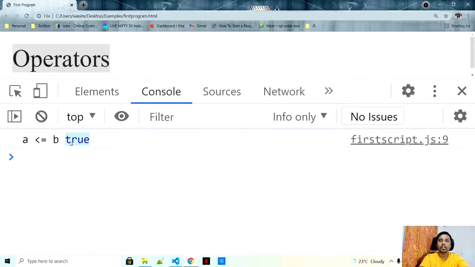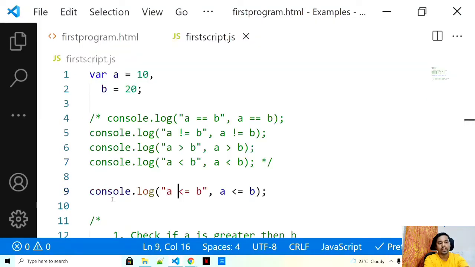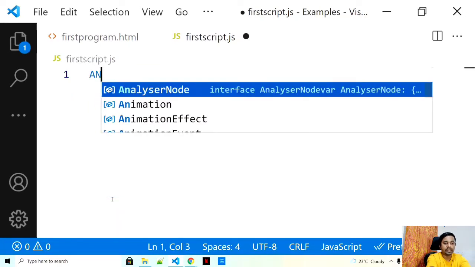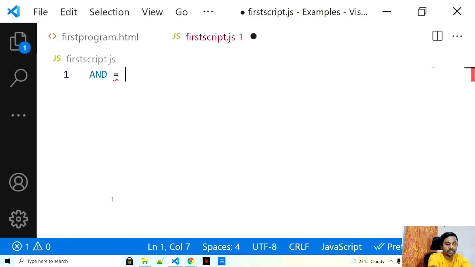Now quickly jump on to our next operator, that is the logical operator. Logical operators are nothing but your conditions. Okay. So we have three logical operators. That is AND. We don't need this. It is pronounced as AND, but it is written as double ampersand.